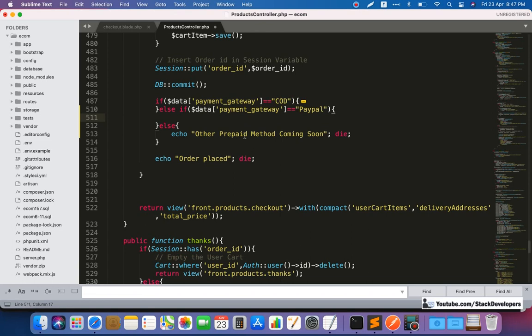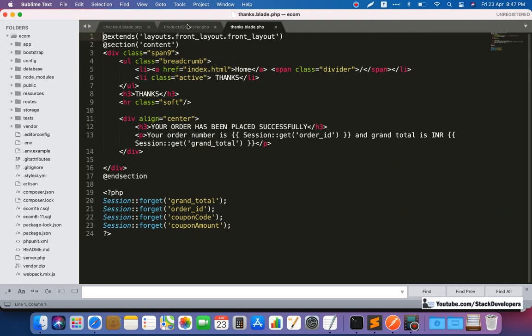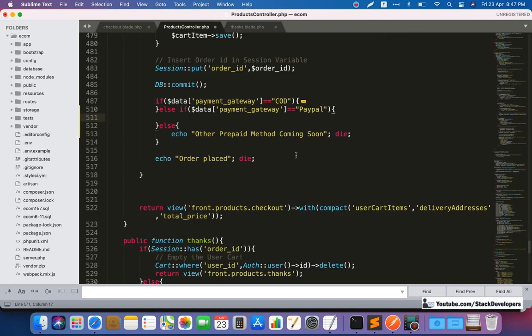So for making that page we are going to make a copy of the thanks blade file. Such a kind of page we are going to make, and here we are going to redirect to the PayPal page. So I will do like this, PayPal redirect user to PayPal page after placing order.